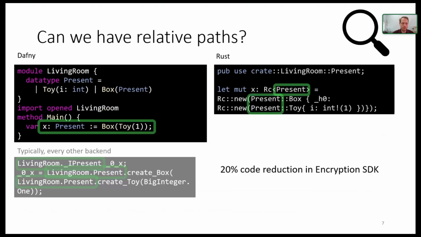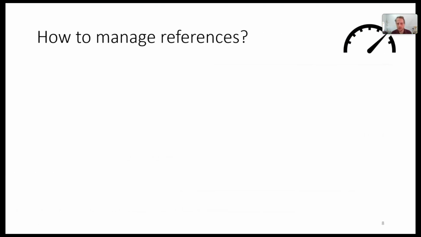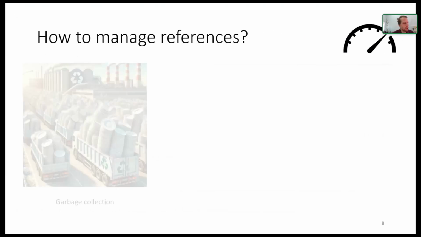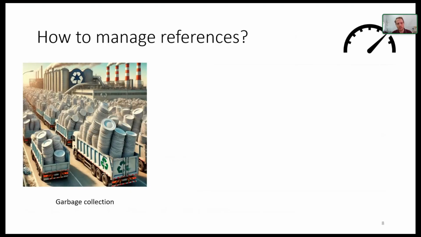There are many more readability improvements, but I would like to move on now to the other aspect that I talked about at the beginning, how to manage references. And let's go back to our garbage collection. The story was as follows. I was tasked to implement a garbage collector so that we could actually enjoy garbage collection within Rust itself. I did implement one myself. It was not an easy task. And then I realized for maintenance, it would be better to use an external library.